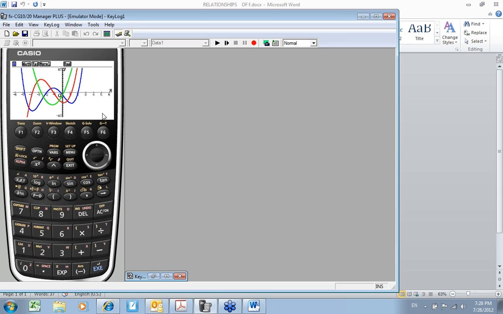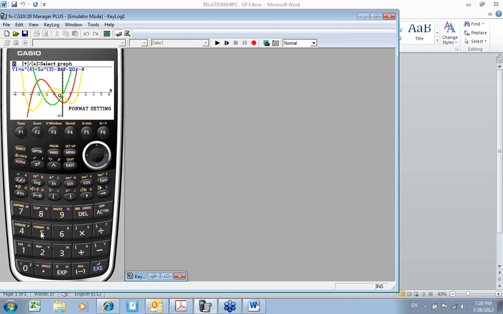Again, I want to use that vertical line tool, but I know it's going to be green, so I'm going to change the color of my second derivative. All right, to do that, we are going to use the format setting, which is Shift 5.